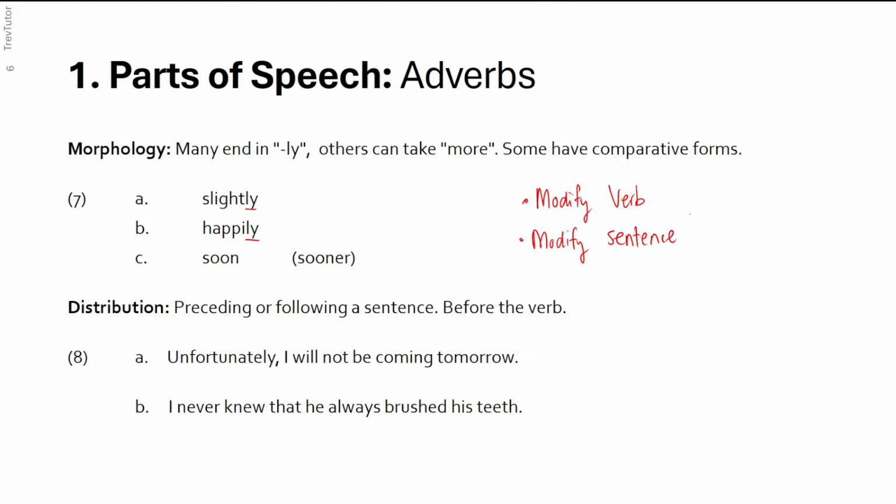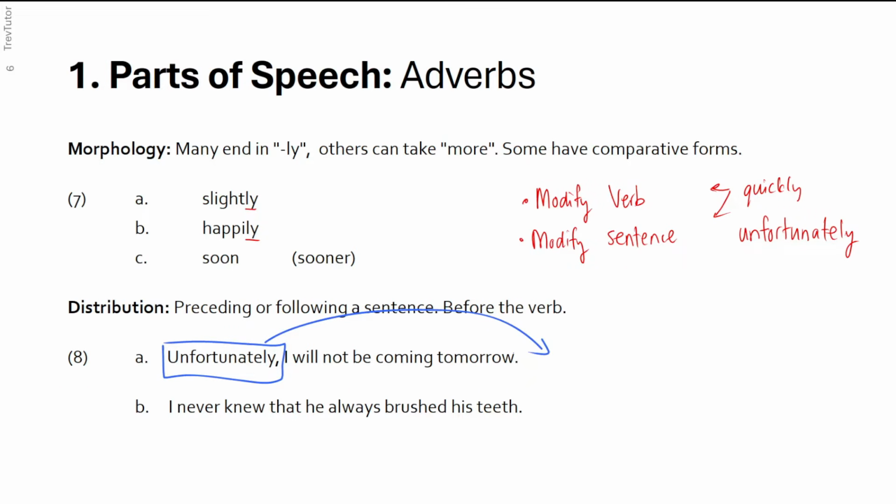So something like "unfortunately" is a good example of an adverb that modifies an entire sentence. Like, "Unfortunately, I can't come today," or "I can't come today, unfortunately." While words like "quickly" may do both. Like "I quickly ran into the store" or "Quickly I ran into the store." They have a lot of different positions, and usually how you can tell something is an adverb is that you can move them around. So "Unfortunately, I will not be coming tomorrow" can move into either the sentence initial or